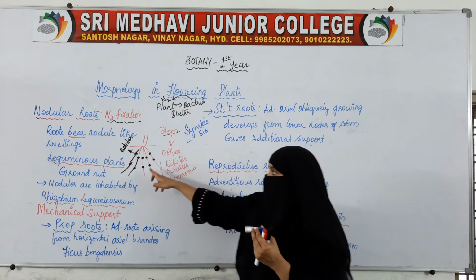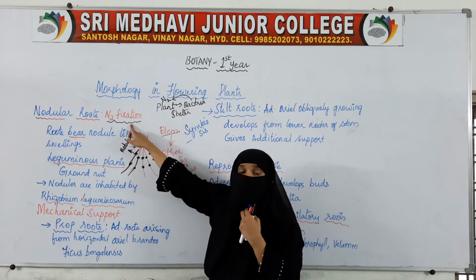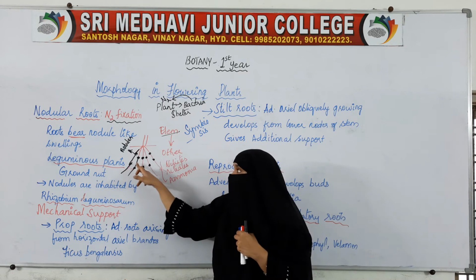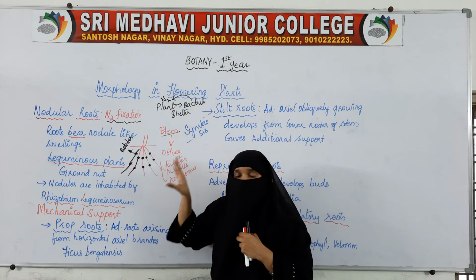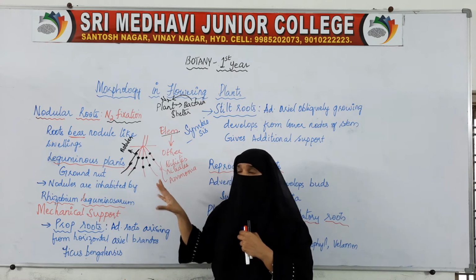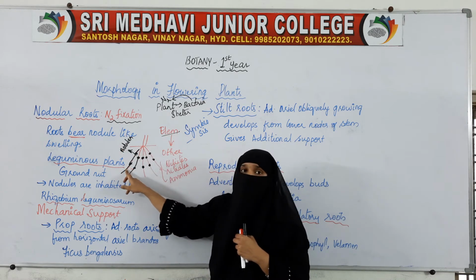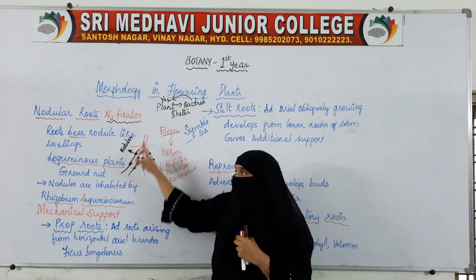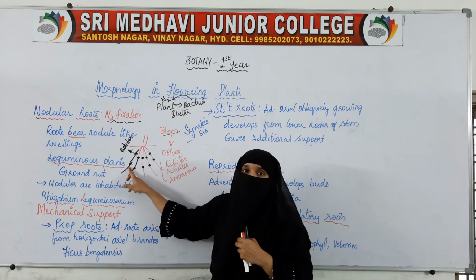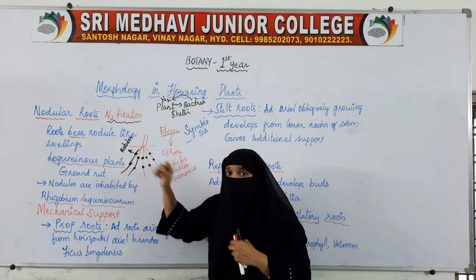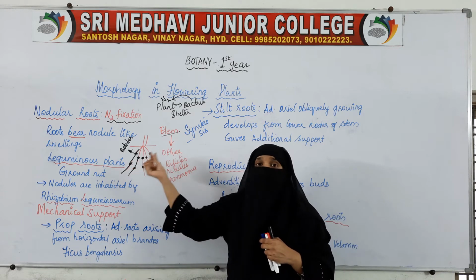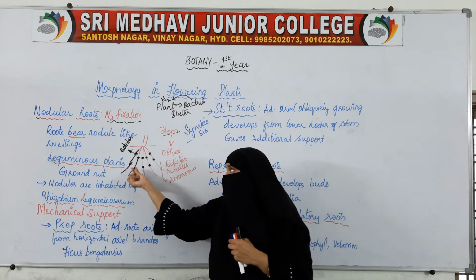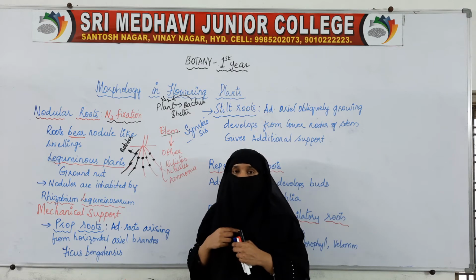So these are the roots which help in the fixation of nitrogen. How are roots helping? By providing shelter. The plant requires nitrogen in the suitable form. So these roots provide the nitrogen to the plant by giving shelter to bacteria. How are roots adapting? Roots bear swellings or nodules so that bacteria can live inside these swellings or nodules.